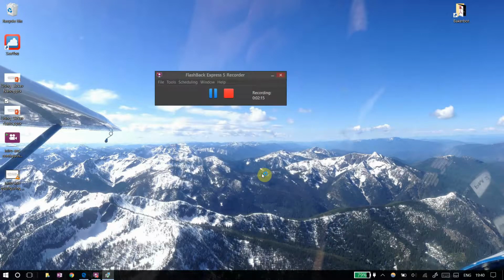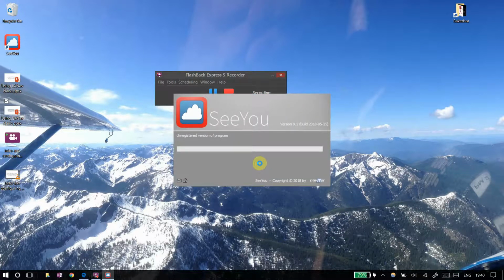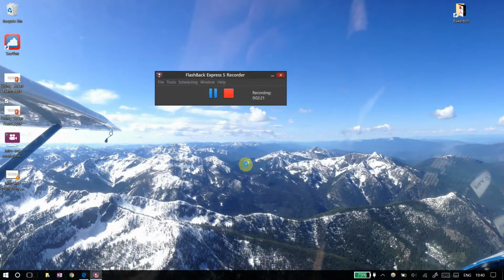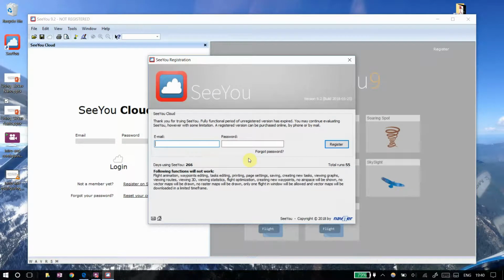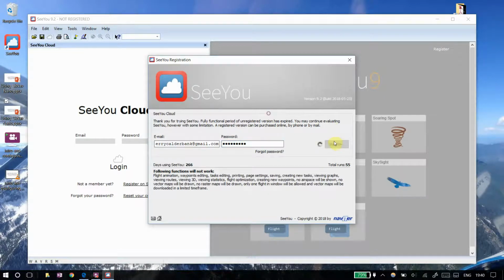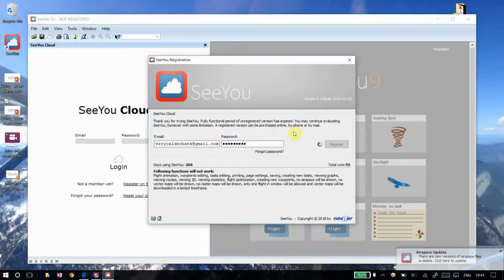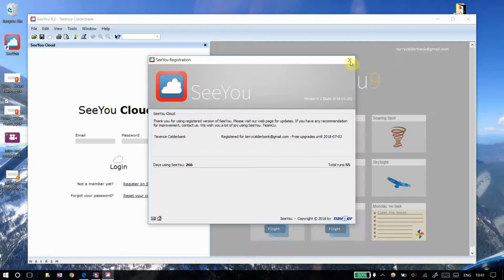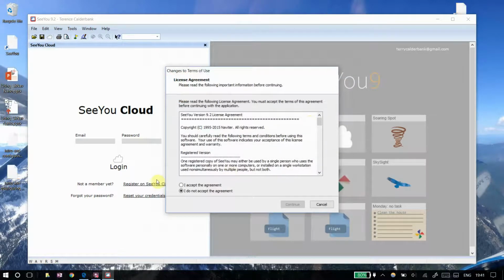Okay, so now we're going to open up the program. The first thing we're going to do is register my copy. You'll have to be connected to the internet for this to work. This program is constantly updating itself, so you'll see a lot of update messages pop up in the bottom right. Once your program is registered, or if you're just evaluating the trial version,